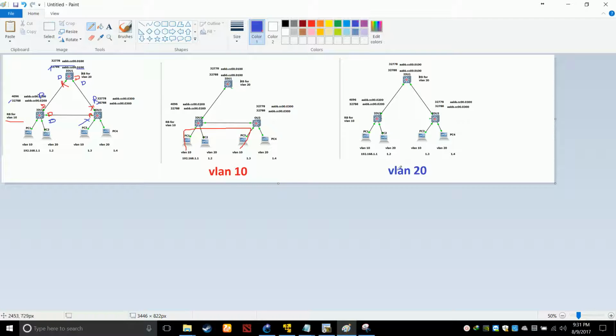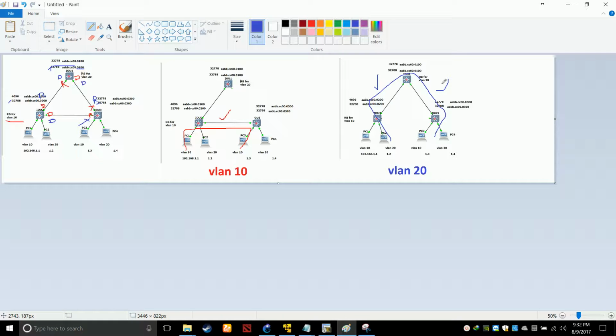All the VLAN 20 data will go like this. So in short, this link is dedicated for VLAN 10 traffic only, and these two links are dedicated for VLAN 20 data only. So bigger the topology, bigger the math you have to do.